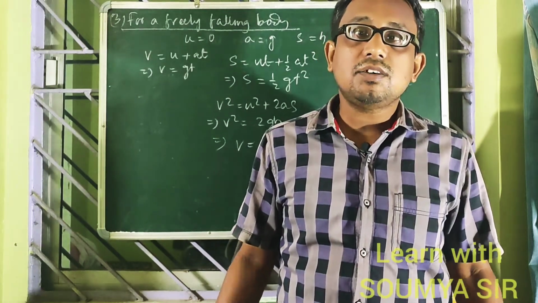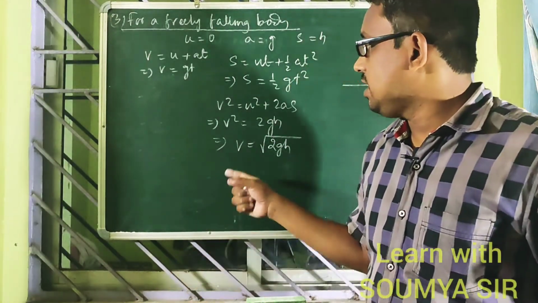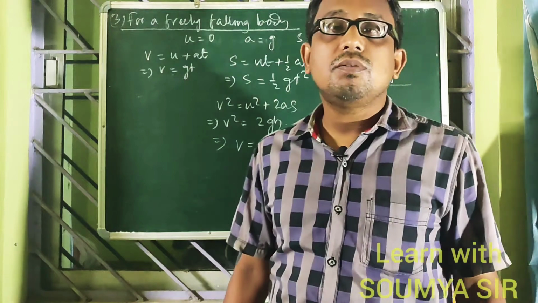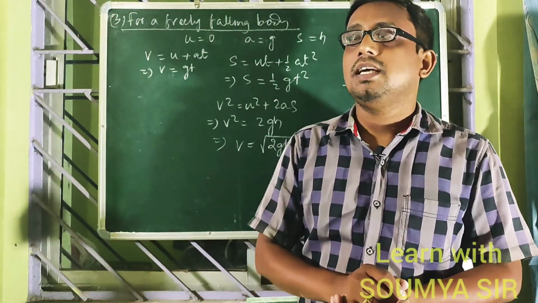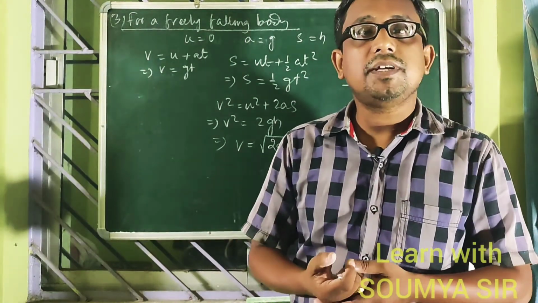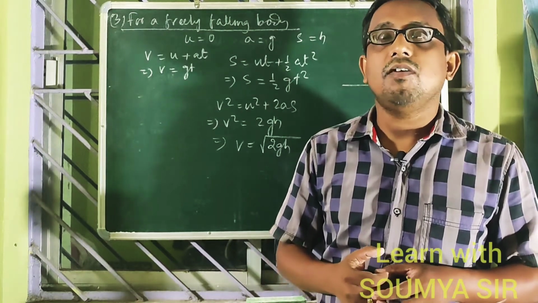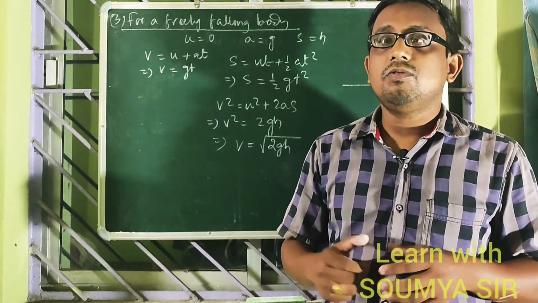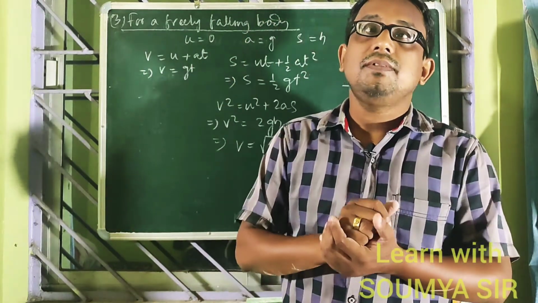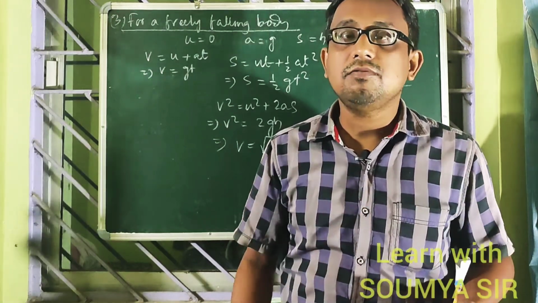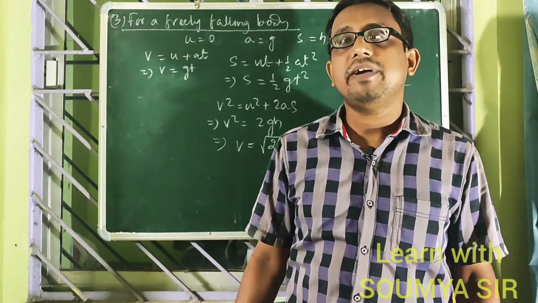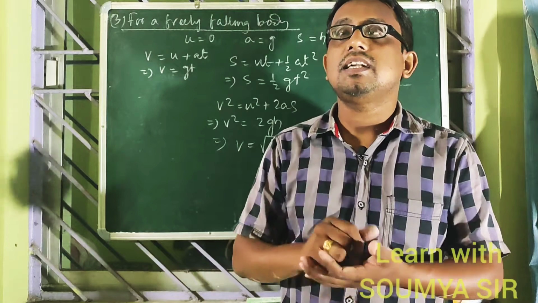See here, both bodies will have the velocity v is equal to root over of 2gh, so both will attain the same velocity. As a result, they will reach the ground in the same time. It means the velocity of a freely falling body does not depend on its mass. Don't think that the mass is responsible for the time taken by the freely falling body to reach the ground. But this formula is applicable only for vacuum, not in general.